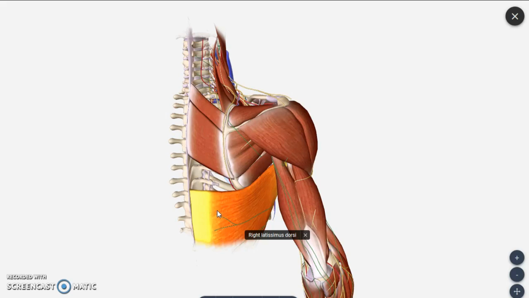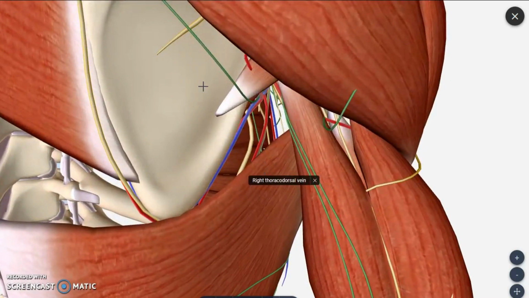So we can divide the back region into superficial layer and deep layer. In the superficial layer you have trapezius, and below we'll be having latissimus dorsi, and in the deeper layer we have levator scapulae, rhomboides minor, rhomboides major in the medial aspect, and in the lateral aspect we will be having supraspinatus, infraspinatus, and then teres major muscle. So these are the muscles seen in the back region of upper limb. Now we will approach the bone directly. Once you remove the supraspinatus, infraspinatus and teres major, now you can see clearly the scapula bone.